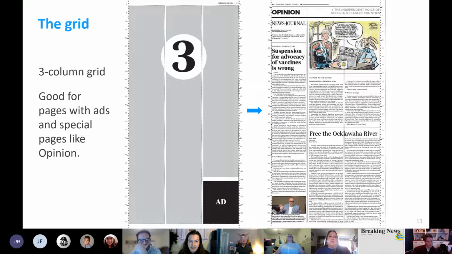However, we have a lot of ads that we publish that will fit on the 3-column grid, which doesn't really gel with a 4-column grid, like the example on the left. When a page has an ad like this, the editorial should also follow the 3-column grid. And we also have some special pages that usually are on a 3-column grid. For example, on the right, our opinion pages are mostly on a 3-column grid. One tip is to stick with the 4-column grid unless you have a good reason to use the 3-column grid.